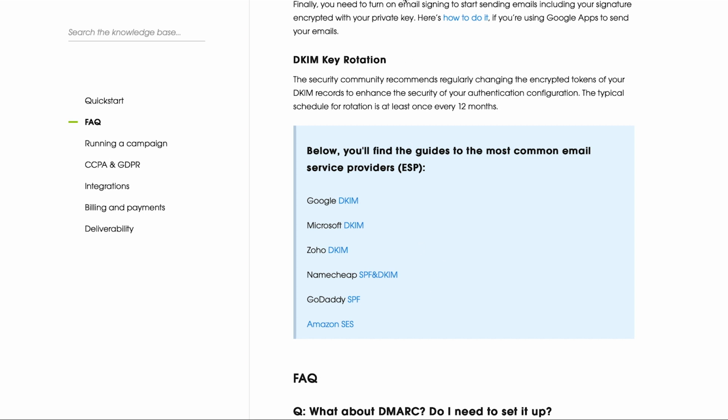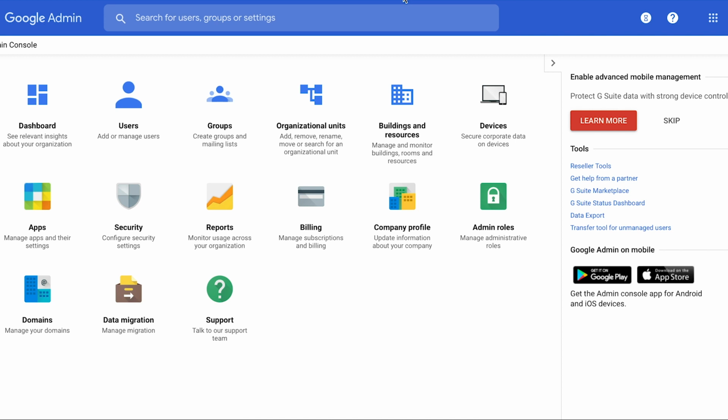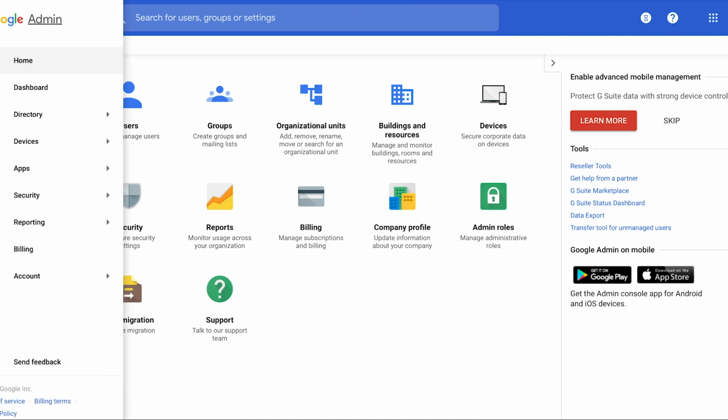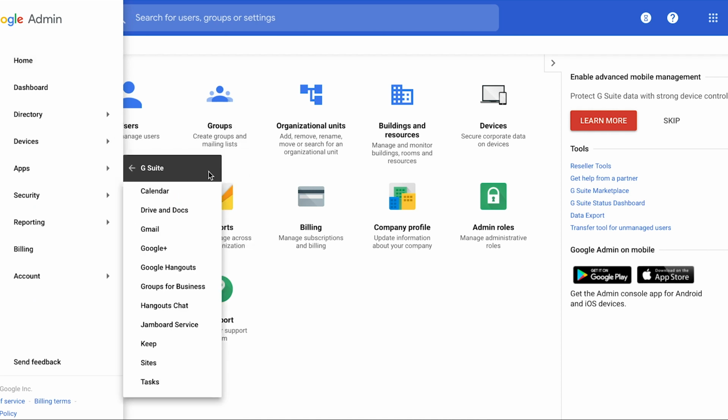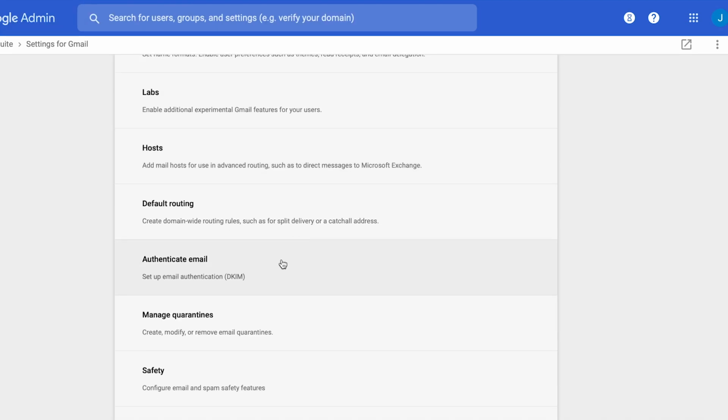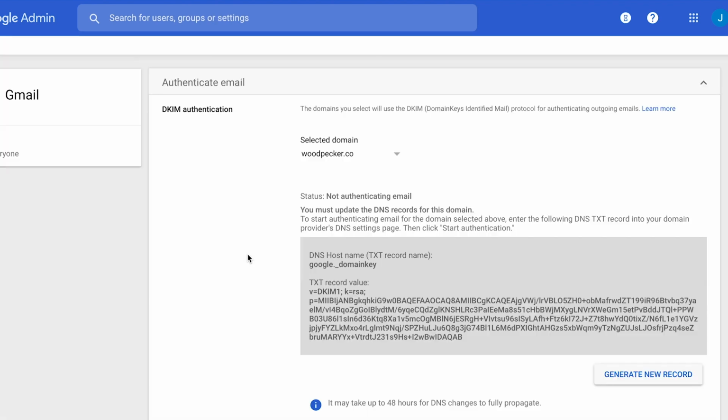So the first step that we need to do is go to the admin account. In my case, it's a G Suite account. You will need to go to Apps, G Suite, and choose Gmail from the list. Then you will need to choose the section called Authenticate Email, and here you will be able to generate